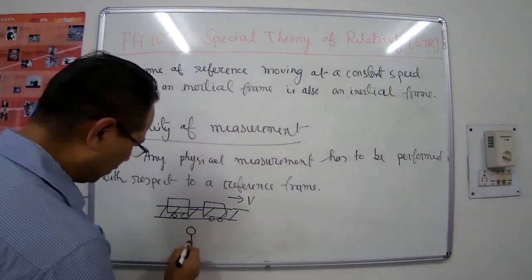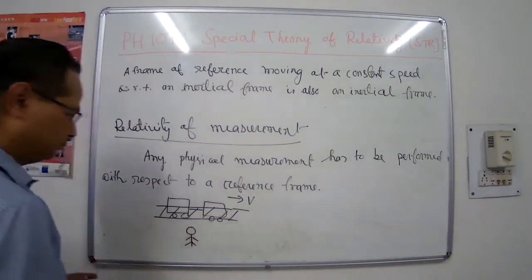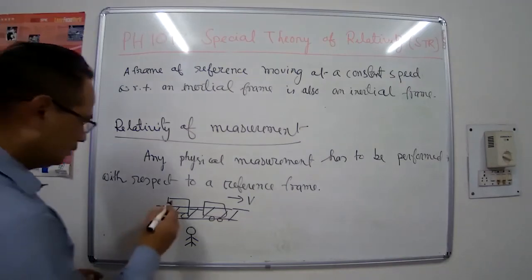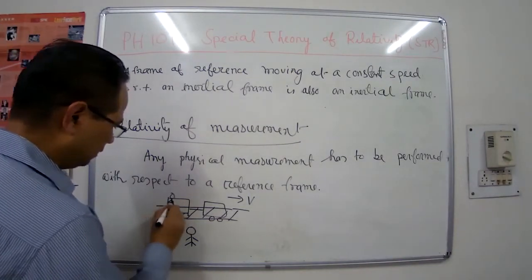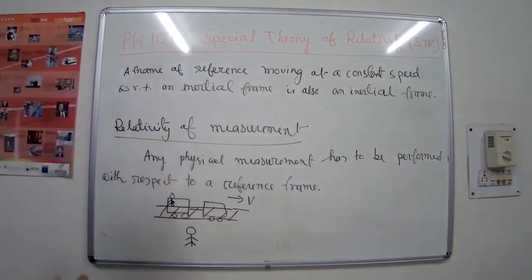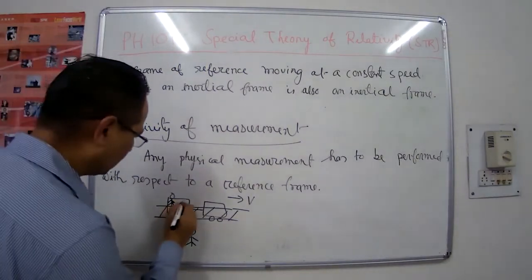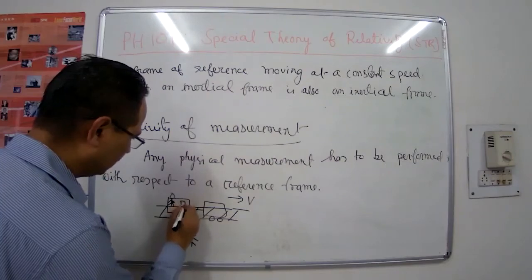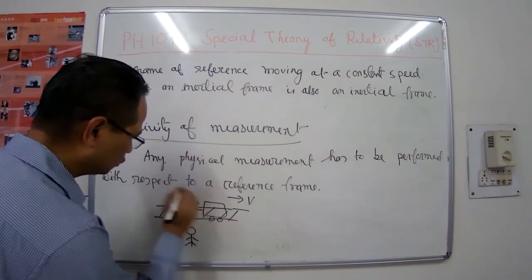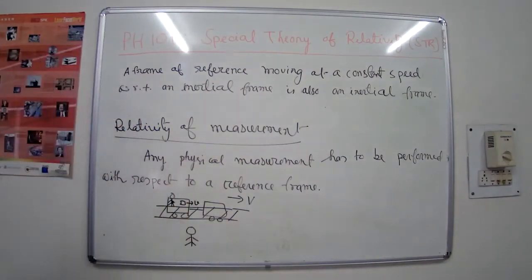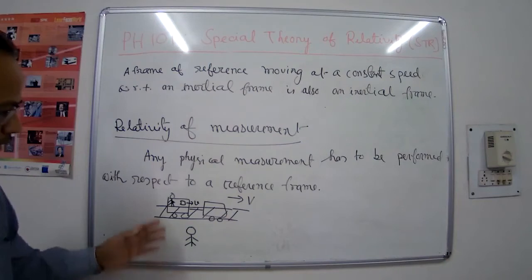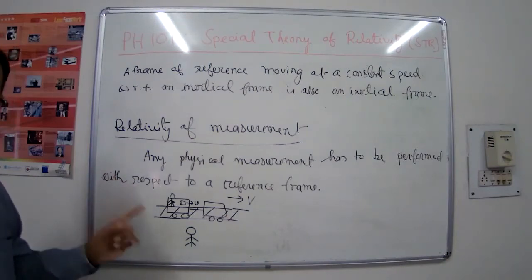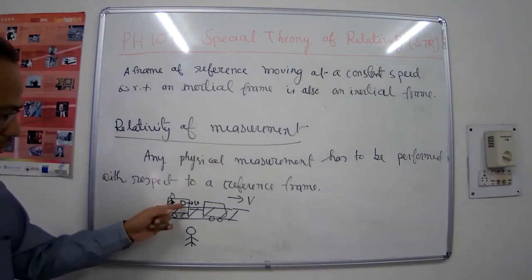You are standing on the ground and your friend is on the train, playing with a toy car, and the toy car is moving with a speed small v. Now, when the toy car is moving with a speed small v, you are making the measurement of